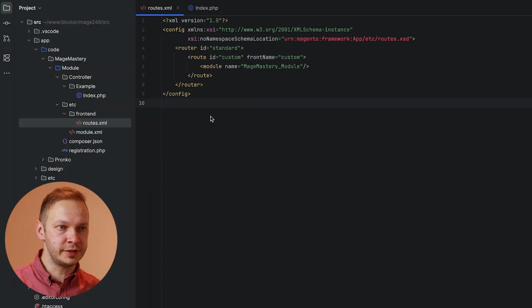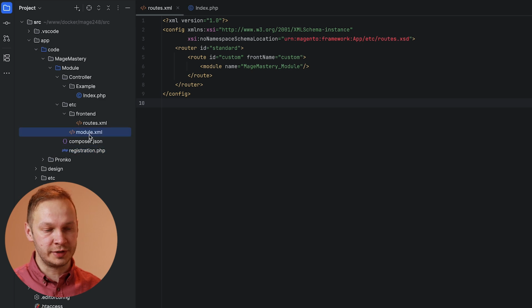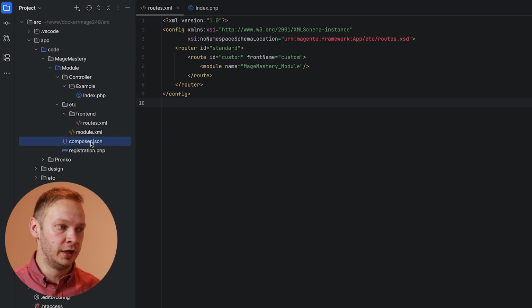Let's dive in. Yesterday we've created a simple module skeleton that contains registration PHP file, module.xml, these are two required files, and optional composer.json file. Today we will extend that module by adding an action that responds to custom URL. We would want to build something like